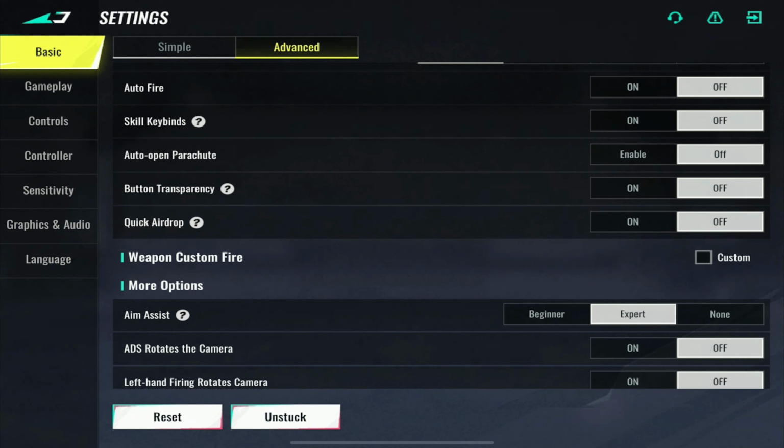But yeah, skill keybinds, I have them off. Auto open parachute, please turn this off and learn how to use the parachute normally if you had this enabled before. Trust me, it is so much more worth it, especially in fights where someone is running from you in a one-shot situation, and he jumps down and you jump down as well, and you could technically just shoot him mid-air,